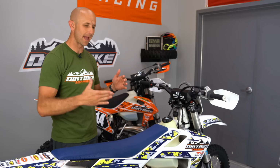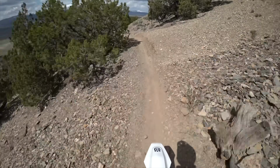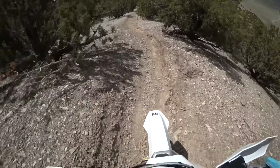After I get used to the bike, I just start looking at the trail and start attacking the trail, and I'm no longer thinking about, oh no, what's the front tire gonna do? Is it gonna deflect up that? Is it not? Am I gonna have traction? I don't think about that. I'm just kind of flowing with the bike, and that is the best compliment that I can give this,